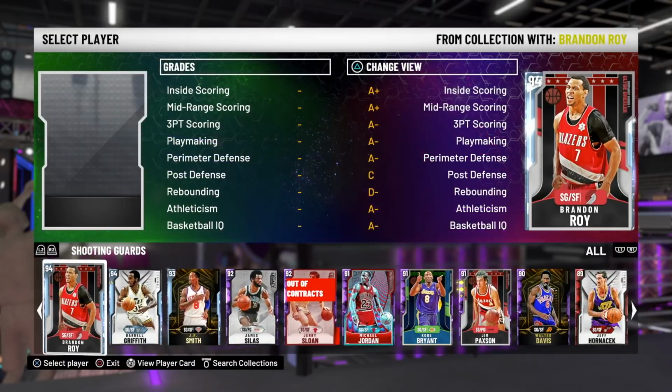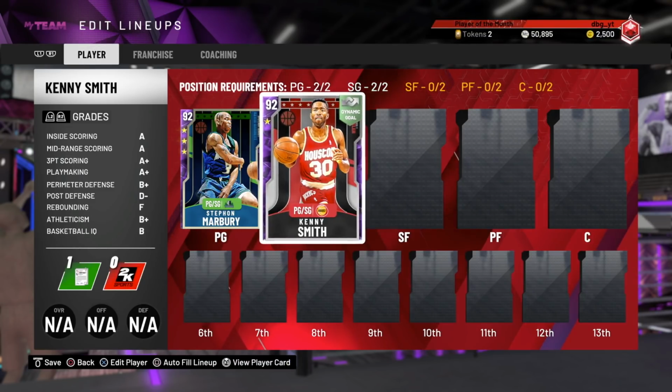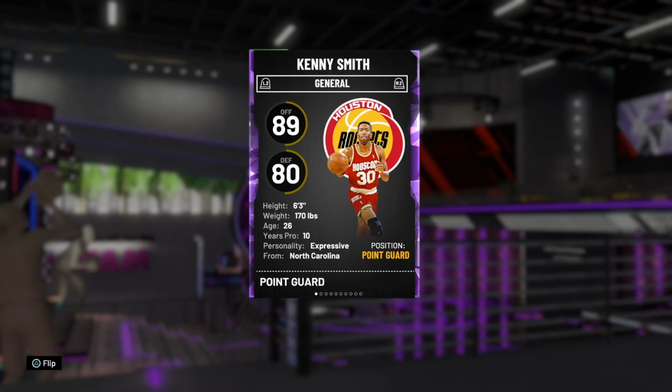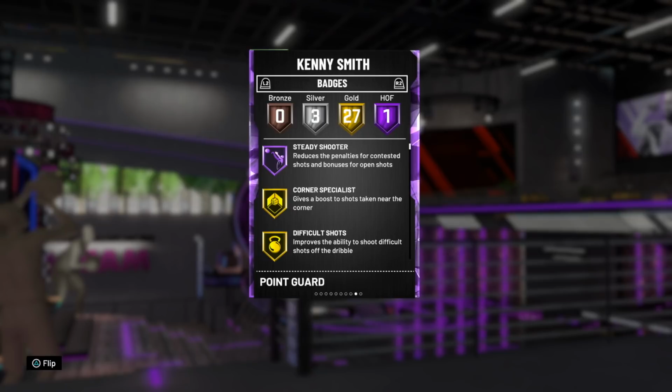At the 2 is another incredible point guard, Kenny Smith. Kenny Smith is like 3,500 MT, and I'd say to get him upgraded would take maybe 3 hours of gameplay to get him up to an Amethyst, and he just becomes a god. He's 6'3", and he gets Hall of Fame steady shooter, which is not the worst thing in the world,